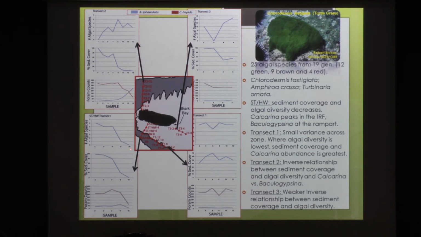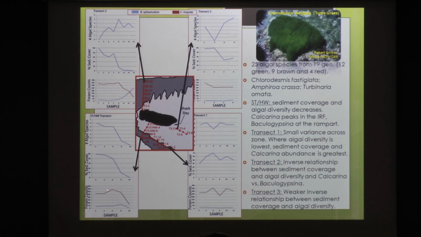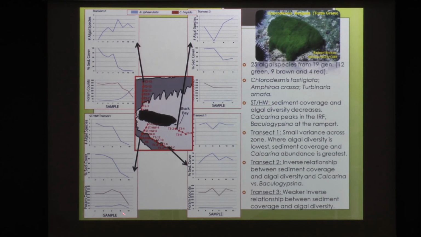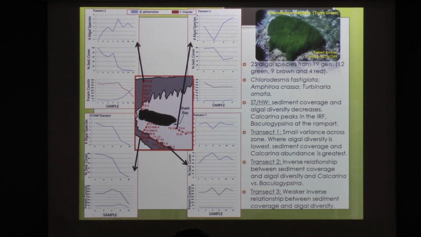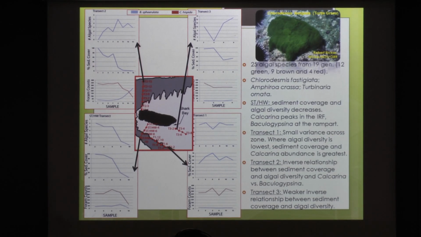So you can see that as you head out to the reef edge, sediment coverage obviously decreases because you're getting increased coral. So is your algal diversity, and the foram counts. Calcarina hispida was the most happy in the inner reef flat, and Baculogypsinoides was actually happy further out on the reef edge. And then when you looked at transect 1, which is along the inner and outer reef margin, you had a small variance across that zone, but where algal diversity was lowest, sediment coverage and Calcarina